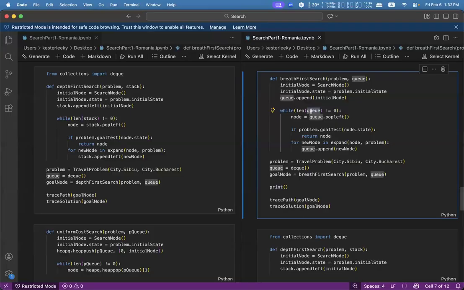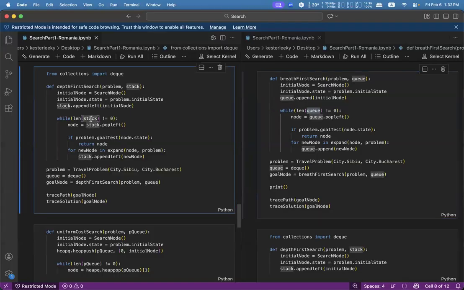If you take a look at the right-hand side, the breadth first search depends on the queue. But on the left-hand side, the depth first search is based on a stack.